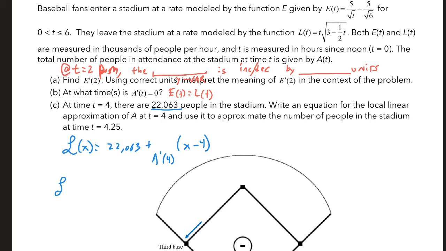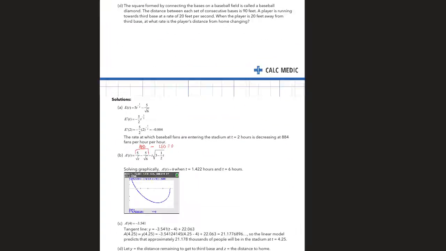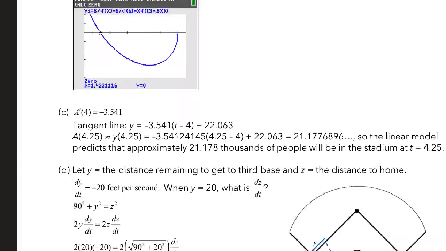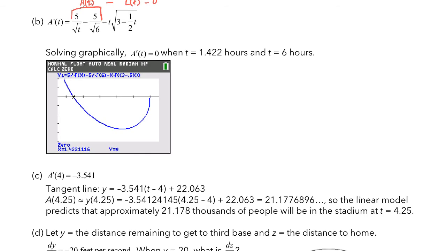And then the next part is I'm going to say A of 4.25 is approximately L of 4.25. I don't have enough room. And I'm just going to plug 4.25 into that. So now the only unknown is how do I find A prime of 4? And that goes back to kind of what we just did down here. A prime of 4 is negative